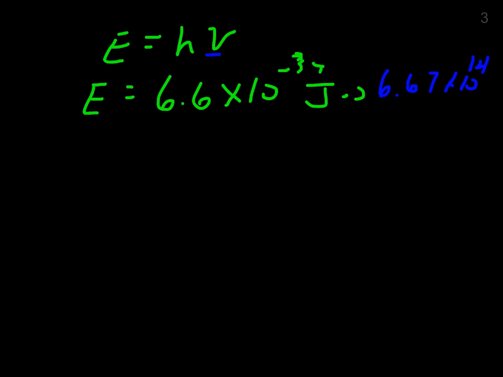The units there are 1 over seconds, or hertz. So the seconds are going to cancel out, and when I multiply those together, that's going to give me the energy of the electron, equal to 4.4 times 10 to the minus